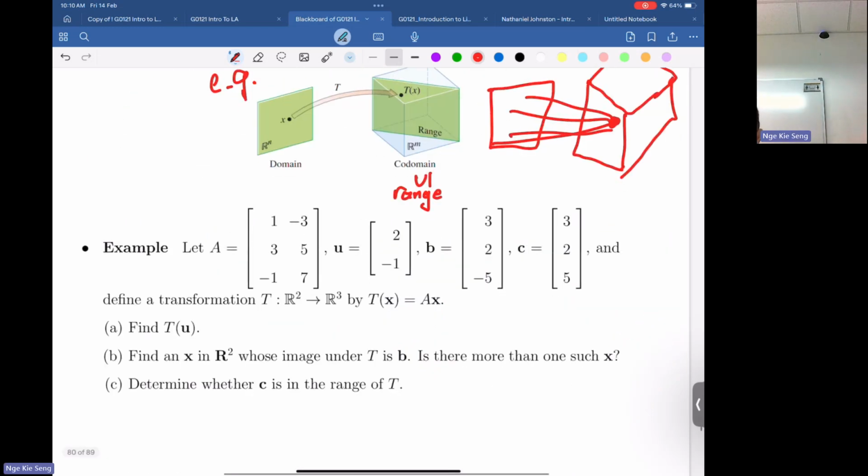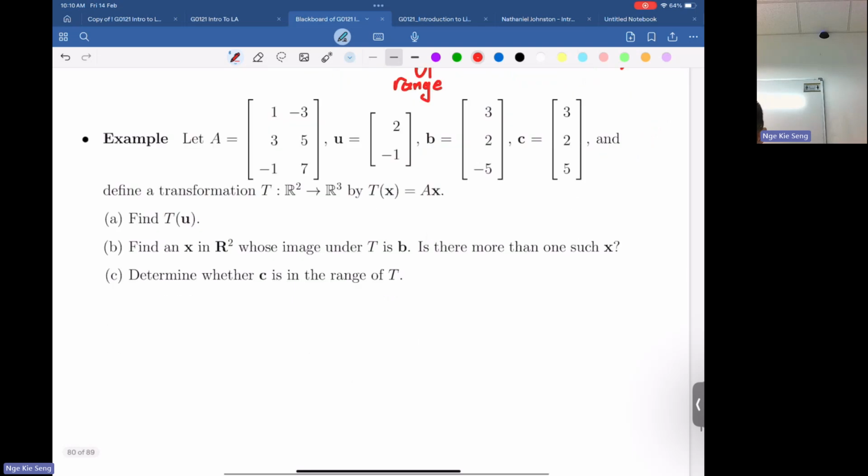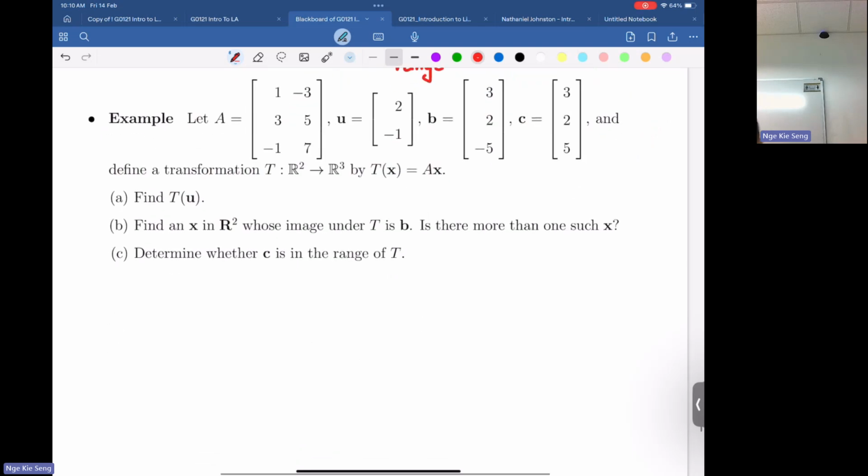Right. So let's do some examples to give you some idea here. Now we want to understand the matrix-vector product as a transformation. Why? Because if I define this transformation by, let me put here